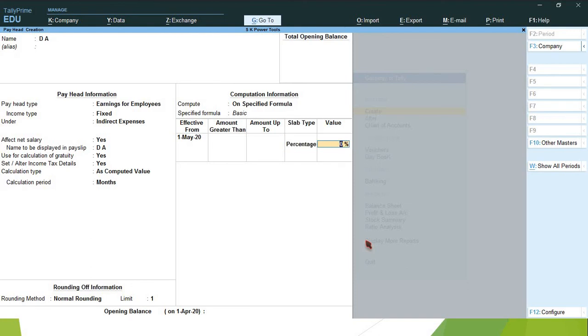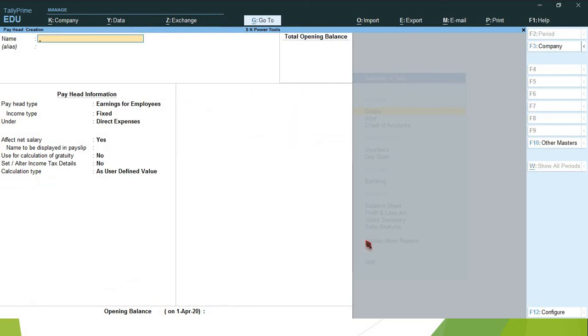So here I am taking 20% for example. But you have to be careful in your company how much percentage they are taking for calculating DA. So here I am taking only 20%. Accept. So next one.